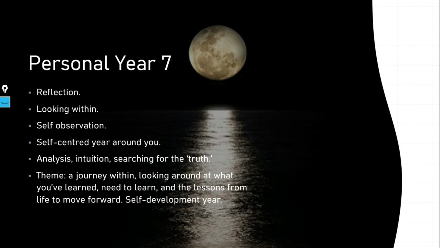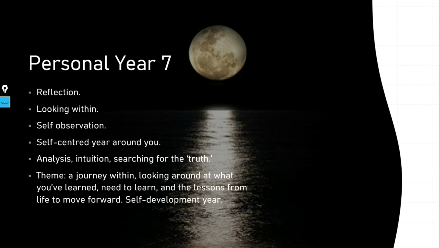Oftentimes when we get to our 7 years, something could have happened in year maybe 5 or 6, especially year 5, because that is a freedom year. And you look back at your experiences and think, God, this happened or that happened, what have I learned, what should I have done differently? It's that point in life where we look back and do this kind of growth, but from an inward point of view. So it's not growth that's on display, where we financially level up, or buy a new house, or have some kind of material gain to show that we've leveled up. This is a level up from the inside. So it's a very, very reflective year.